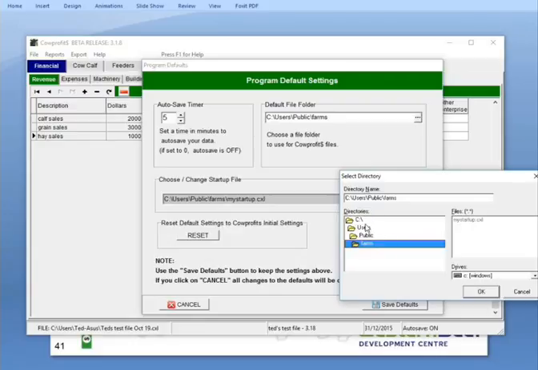So right now we're in C Users Public, but let's look under Users, and here's my own personal sign-on directory. It's called TED ACES in this case, and I can make that my default directory. Also, I have another directory set up as CowProfits files, which I probably would use here. So if you haven't set up a directory, you can always add one right here. So I could add another directory here called CowProfits files